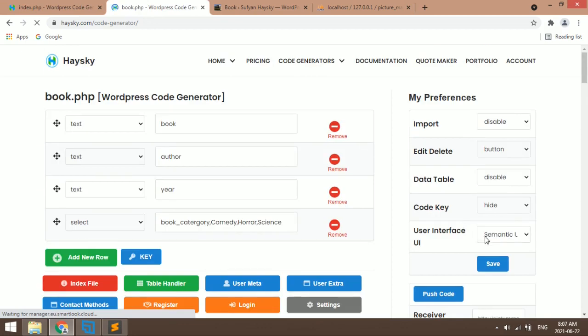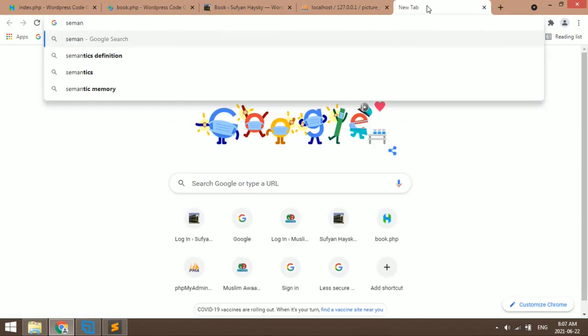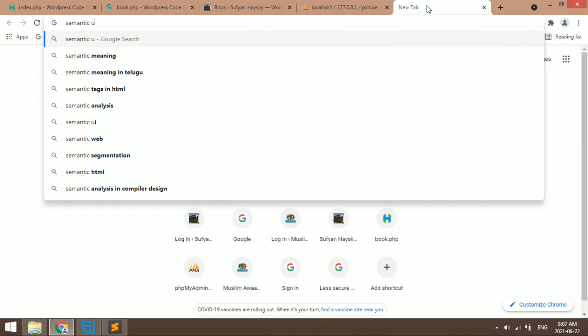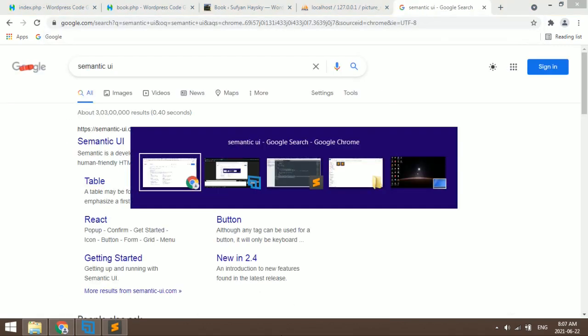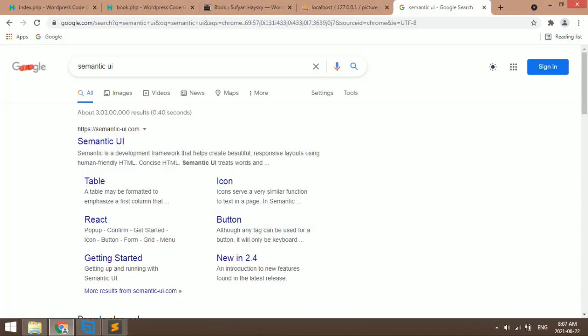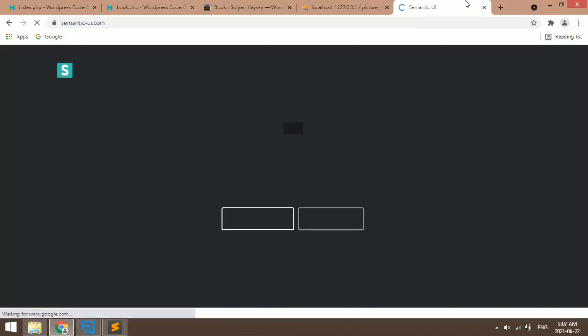Okay, so the last one is semantic UI. We are using semantic UI as our user interface here.